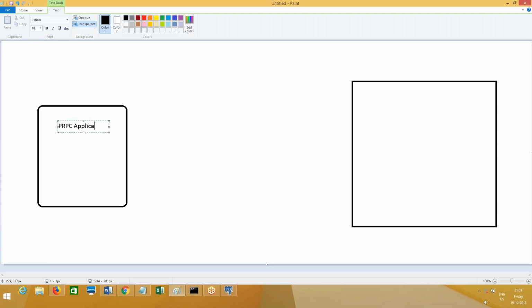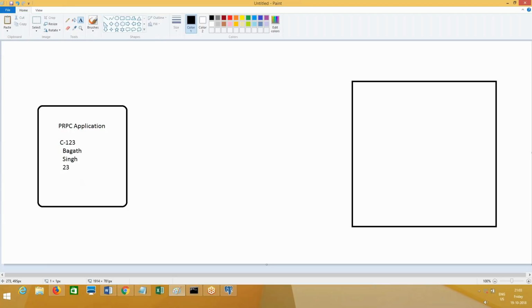This is the PRPC application where you have a work object, let's say C-123. It has first name, last name, and number. Like this it has a lot of data.